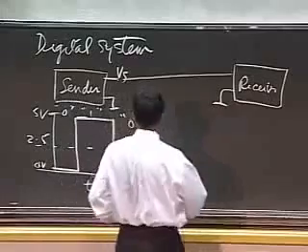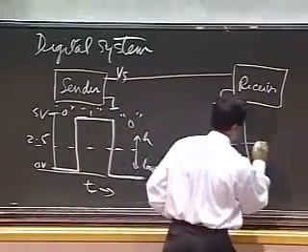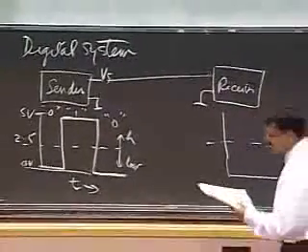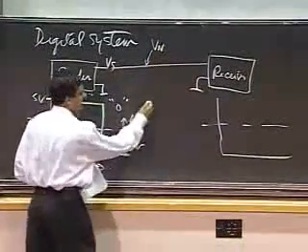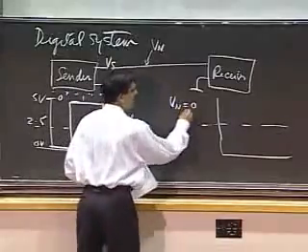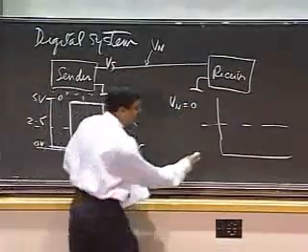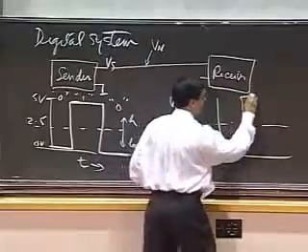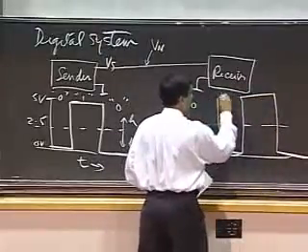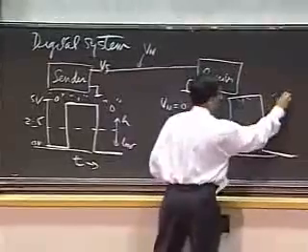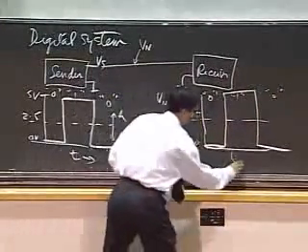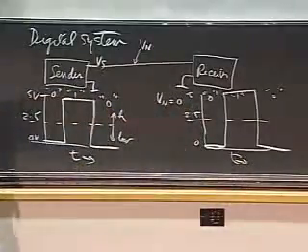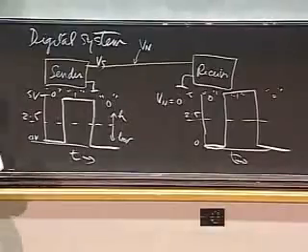So now at the sending side, let's say I don't have any noise in the system. Let's say this is my Vn, some noise being added, and let's say Vn is 0. Then in that case, I receive exactly what was sent: 0, 5, 2.5, 0 volts, and this is time. Nothing fancy here. My receiver receives a 0, 1, 0.